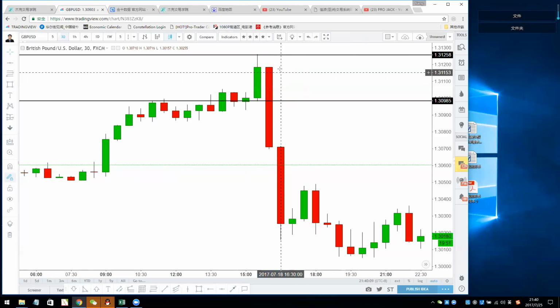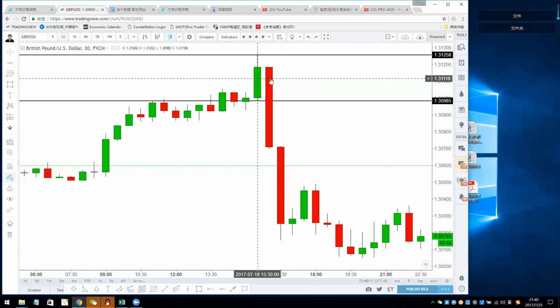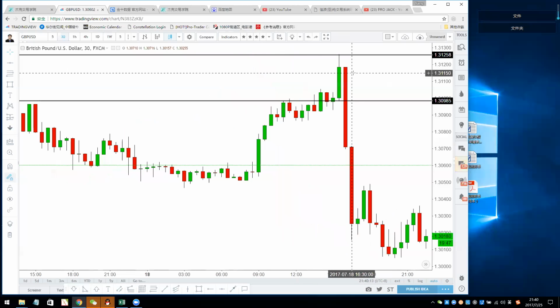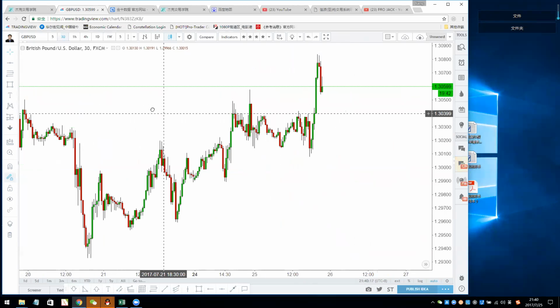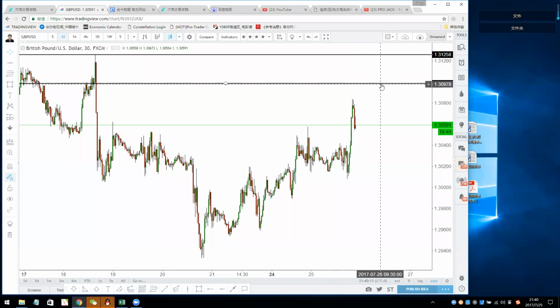This area is so important because a huge selling force came down from here. So it will leave a lot of unfilled selling orders still pending there. So if the price does go to that place, you can expect a move down. So find the short opportunity of the sterling.